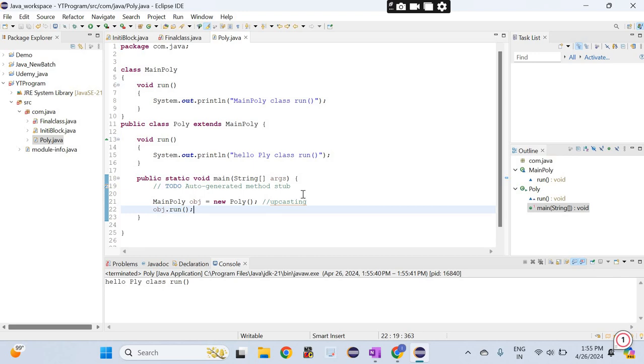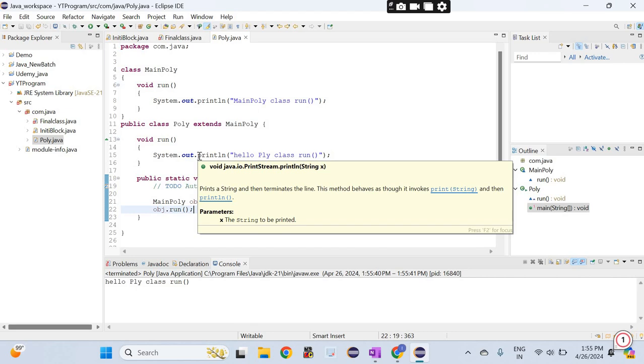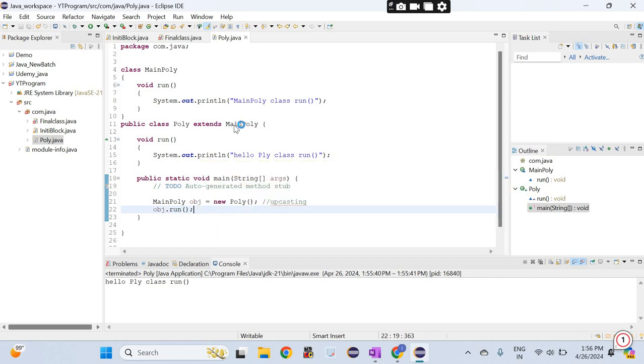When you use upcasting, the reference variable of the parent class and the object of the child class, it is called upcasting. This is the example of runtime polymorphism, the upcasting concept. Hope you understand that. And static means you are using the simple overriding method.